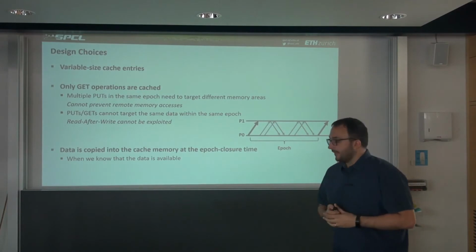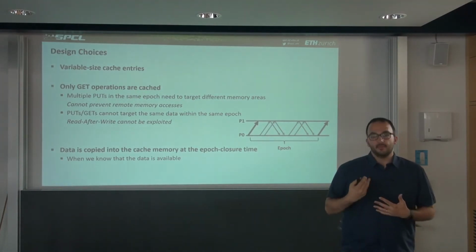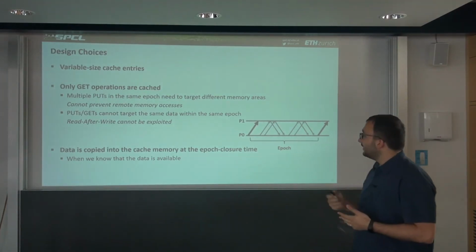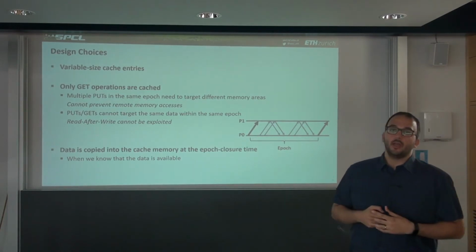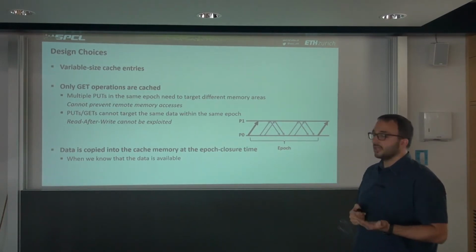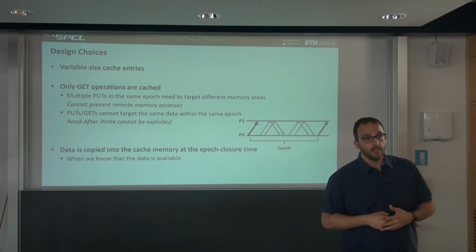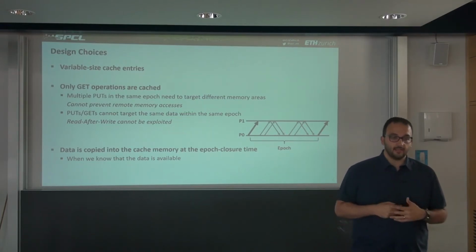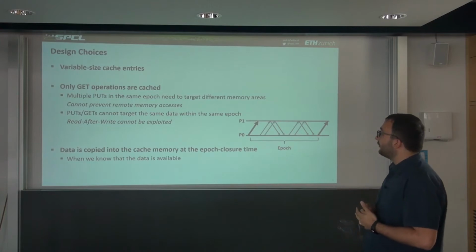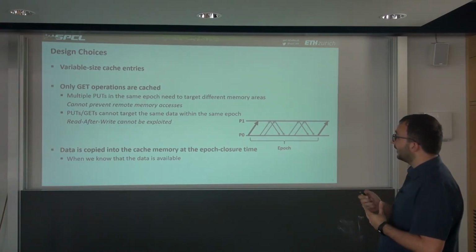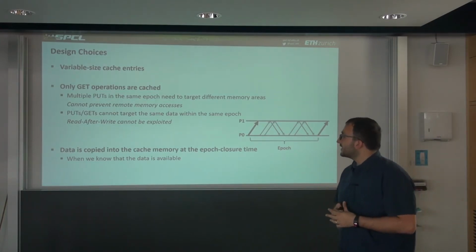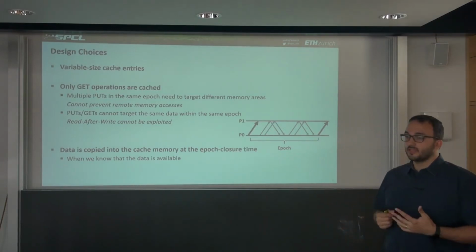Since we want to target MPI-3, we made some design choices. First of all, we choose to handle variable size cache entries, because with a get you can request data of any size, so we have to handle variable size cache entries. Moreover, we decided to cache only get operations, and this choice